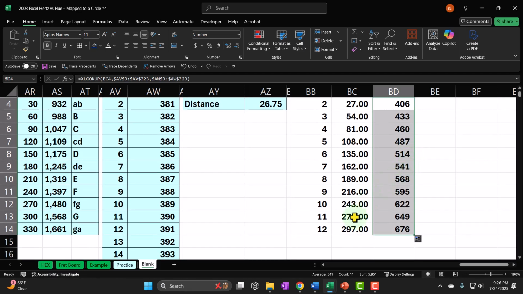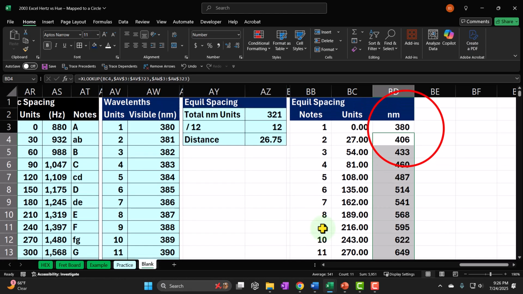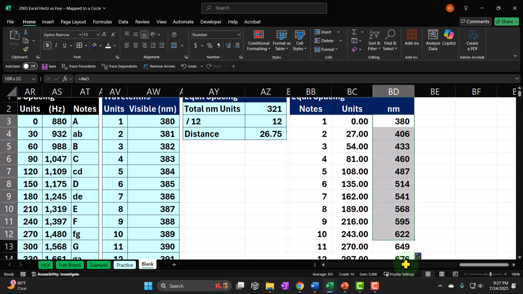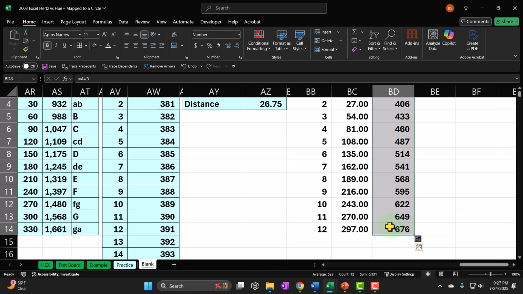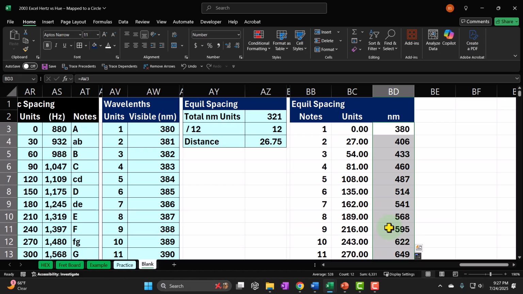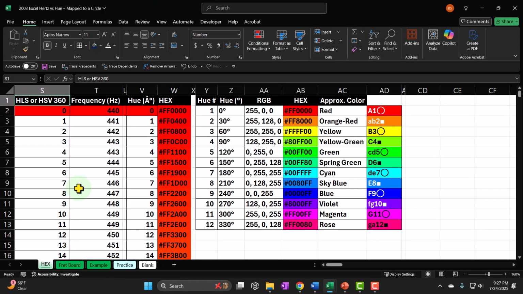So there's the nanometer. So here we have our equivalent of 12 notes. The nanometer equivalent is going to be the thing that we could then use to get the color. But normally we don't choose color by nanometer because we have to use one of the systems that are provided to us. Now, Excel usually uses the hex system, but we can also use the HLS system and the HSV system. And we could ask ChatGPT